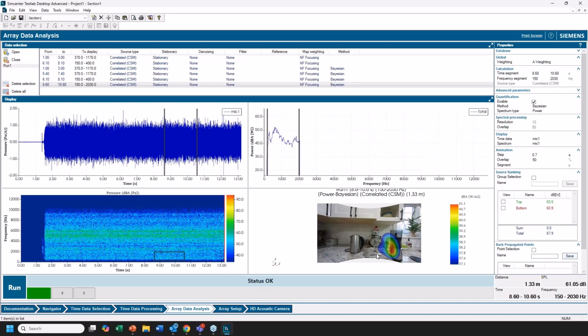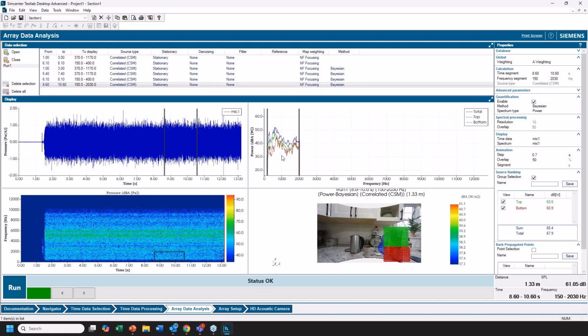And I'll show you another feature here, Steph. If we were trying to really zero in on maybe applying an acoustic material or something for this coffee grinder, I could do a group selection. You can see I've got two different groups here, and if I turn them on, you'll see where I've selected that group. This one labeled top, I've highlighted the top of this grinder. And if I select bottom, then I have the bottom of this grinder.